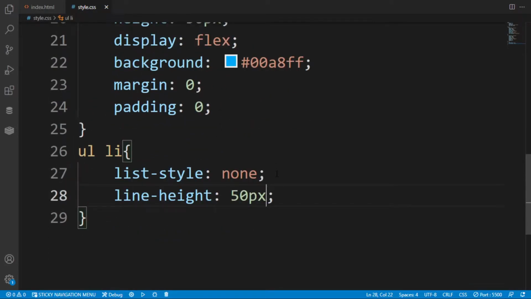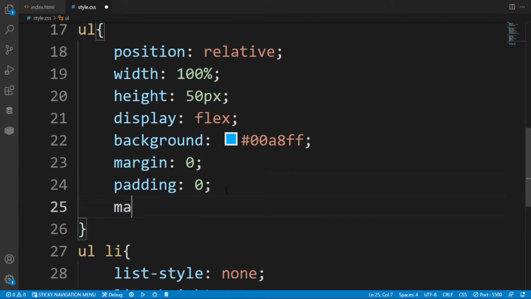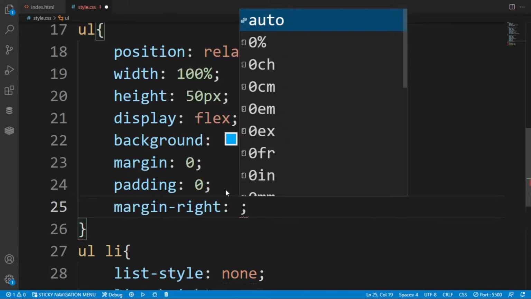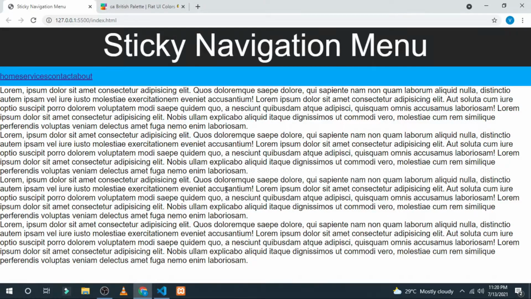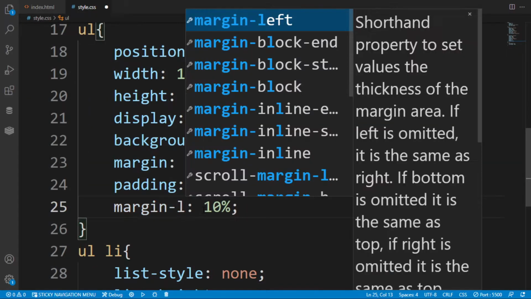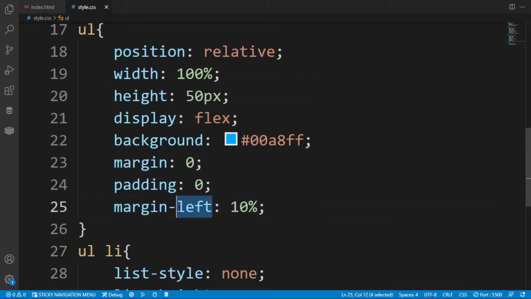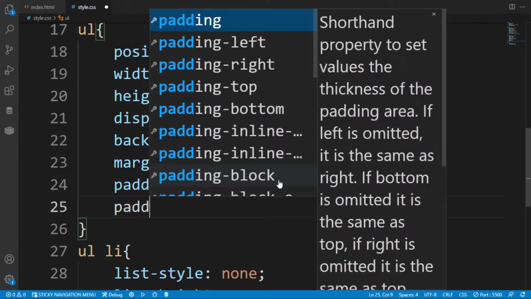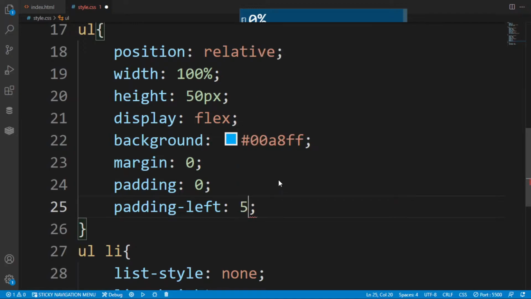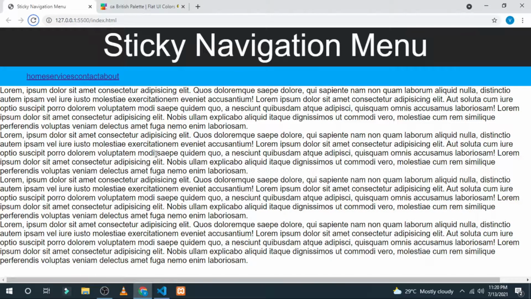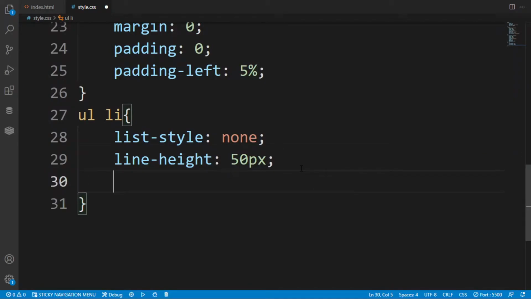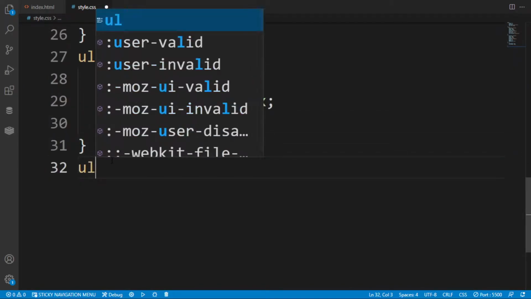Then after that I am giving margin from the right of 10%, so that there will be a definite gap. So it will be on the left. After saving it, as you can see, margin has a bad effect on the UL, so put padding. After saving it, as you can see it has shifted, but it is way more than we wanted. So in this put 5%, only 5%. After saving it, as you can see in the preview, now in this UL the alignment is not changing.